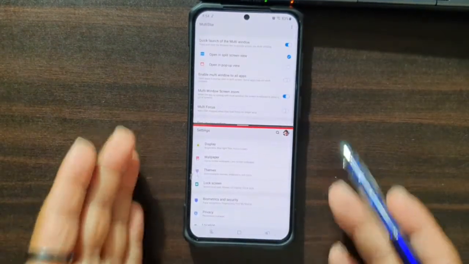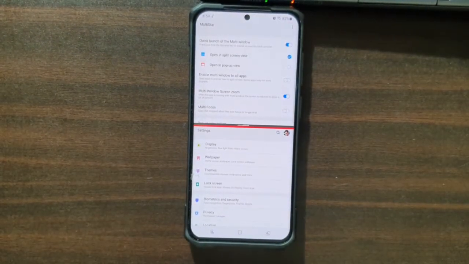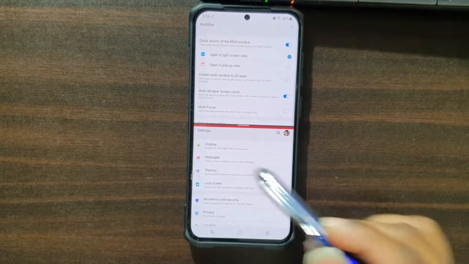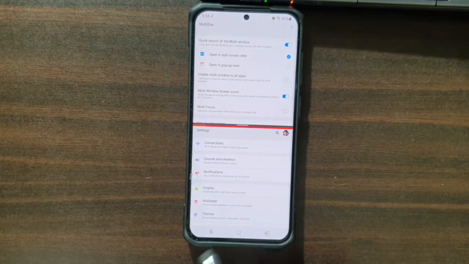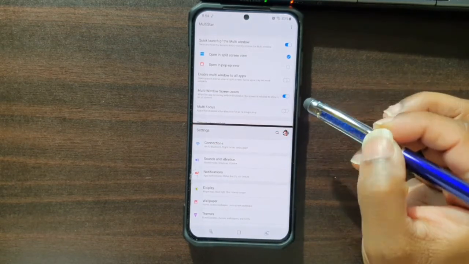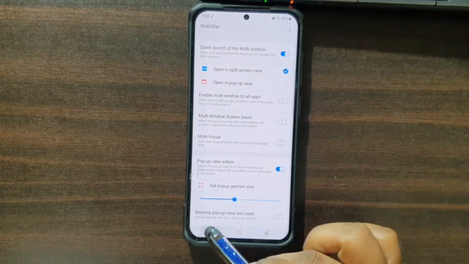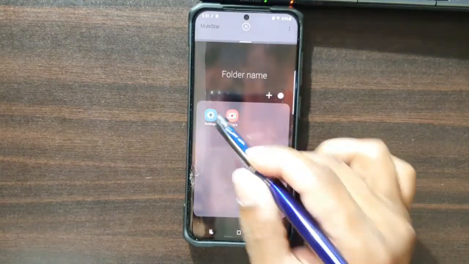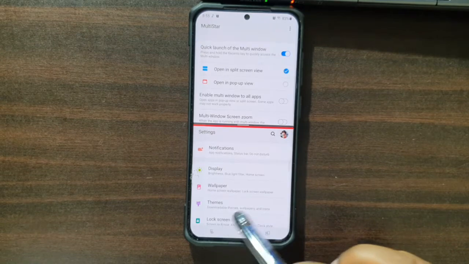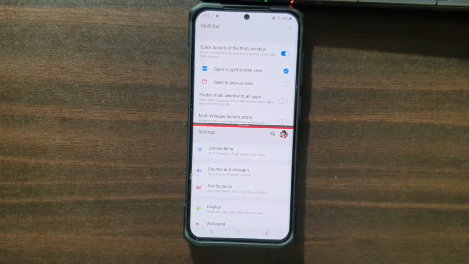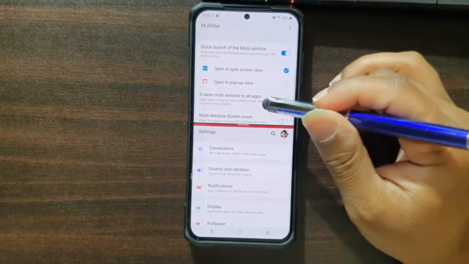And because they are smaller now, you can actually fit more content into it. Now if we go in here, I can go till here. But if I turn that one off, and now when I go in there, I can only go till wallpaper. That option is not available. So you can actually fit more content into the multi-window.